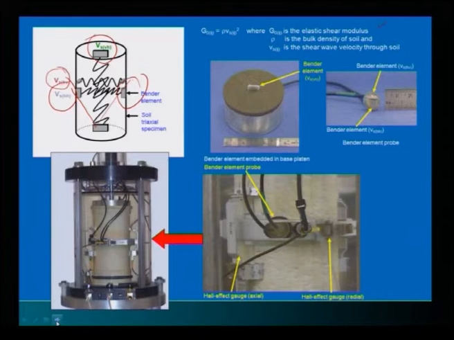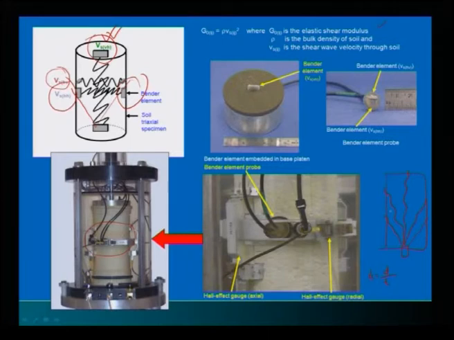If you look at the triaxial cell, in this enlarged view, this is the sample, this is your source, the bender element provided, and this is a source, the wave can radiate in any direction. You have to measure this because shear wave velocity is nothing but the distance travelled divided by time. In this case it is very straightforward: your distance is fixed and the travel time you can measure.